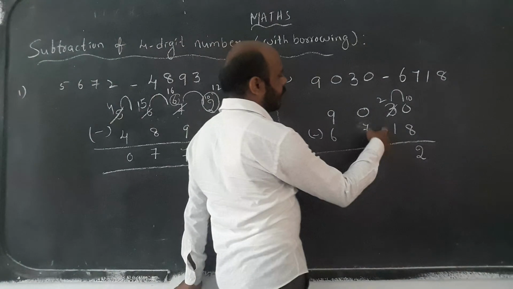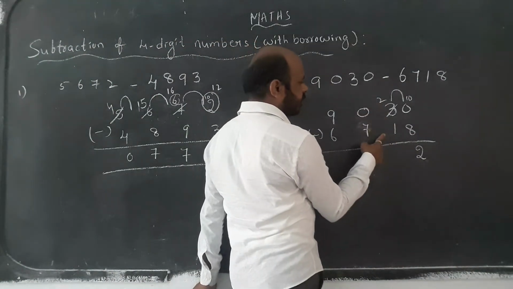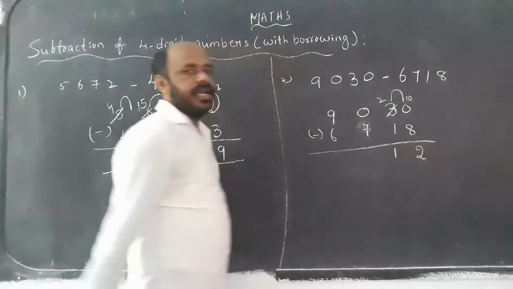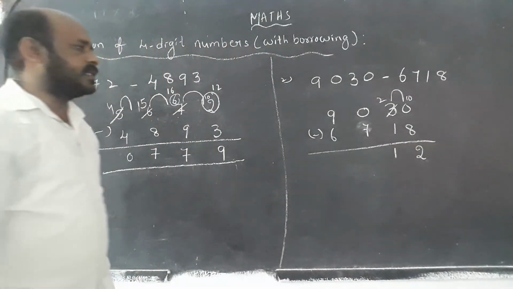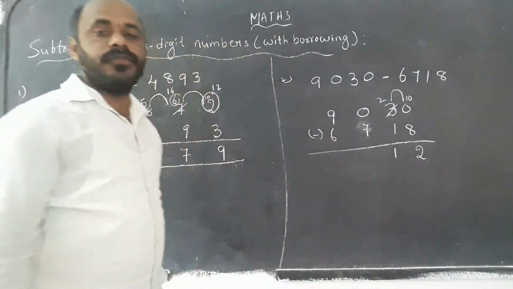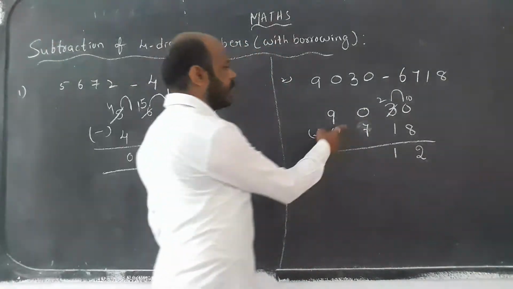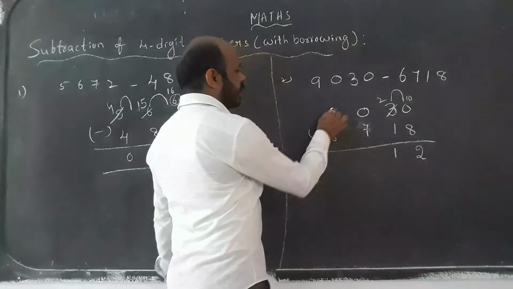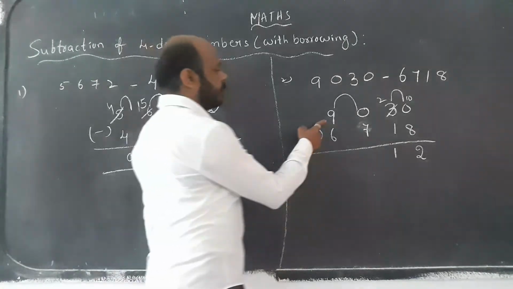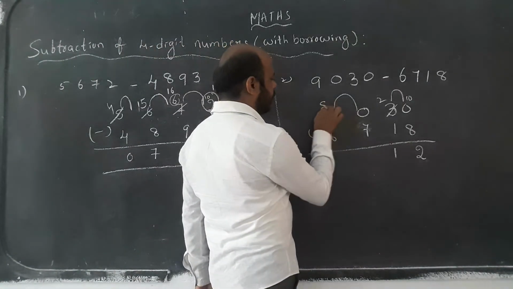Now compared to 1, 2 is bigger, so with direct subtraction there is no need of borrow. 2 minus 1 is 1. Again we can't remove 7 from 0. That's why 0 needs help from the number before it. 0 is asking to borrow from the before number, which is 9. 9 becomes 8.